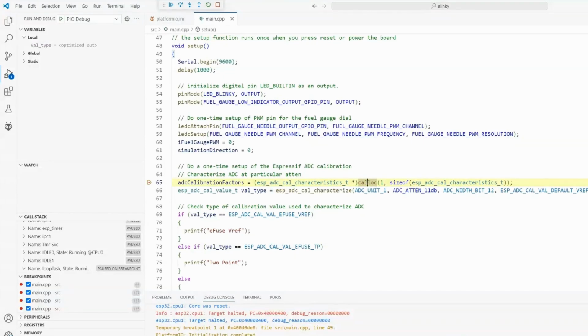This first one, to calloc, creates space in memory to hold a structure of calibration factors. The second line is a call that actually builds the calibration factors based on you selecting which ADC you want, either number 1 or number 2. The attenuation factor you want, you can go from no attenuation up to 11 dBs. We want 11 dB because this one gives us the full range of voltage input from 0 to 3.3. We want 12 bits to take us to 4096, and we want to try to use the default voltage reference built into the chip,